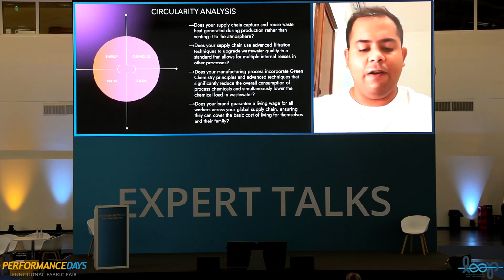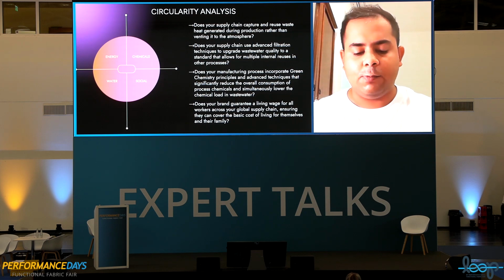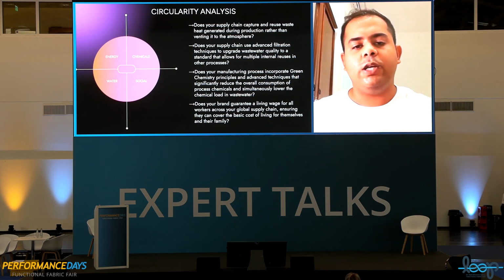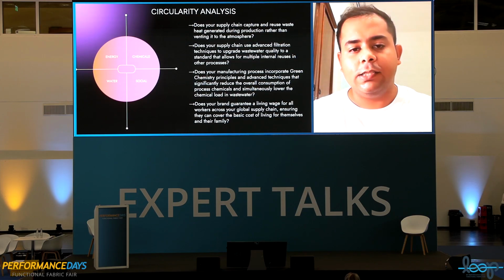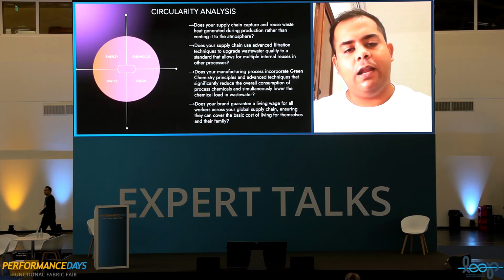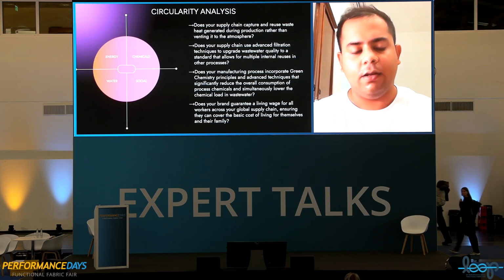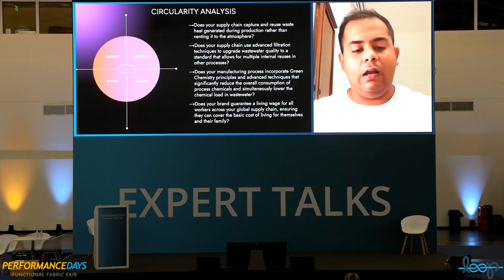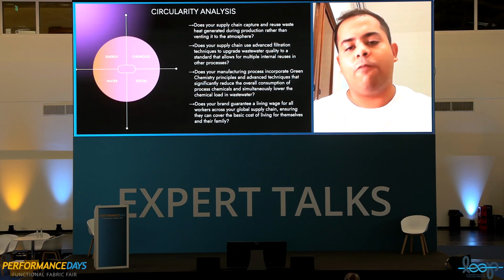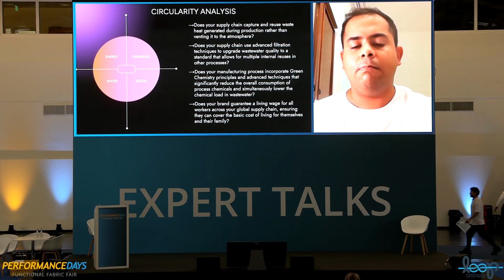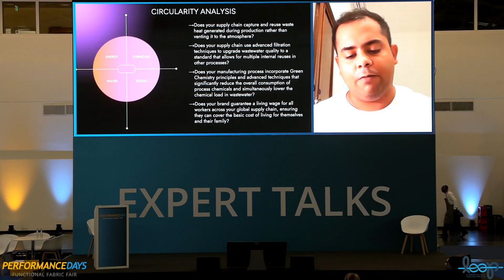And just a fun thought experiment, if brands or anybody else wants to do, what is the most circular thing within your supply chain or the entire textile value chain? It will most likely be your factories, because the factories have upgraded for the last 3-4 decades so much. They reuse chemicals, they reuse water, they reuse heat to a large extent already. And if you wanted to create a circularity score for your brand, the highest score will come from your supply chain, not from your materials. By no means it will come from your materials. It will definitely come from your supply chain.